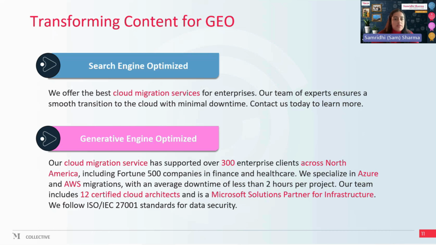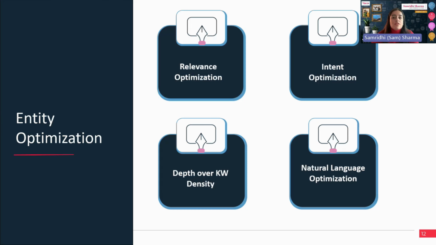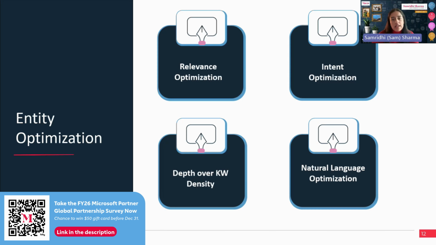Now, of course, we have shown you an example, but there are some tips that you can start implementing to ensure your content is entity optimized. So 4 key ways you can start working on entity optimization. Start by optimizing for relevance with content clusters and not just keywords. So instead of focusing on one keyword like cloud migration, connect it to related topics like the platform, compliance, performance, costs that come along with cloud migrations.